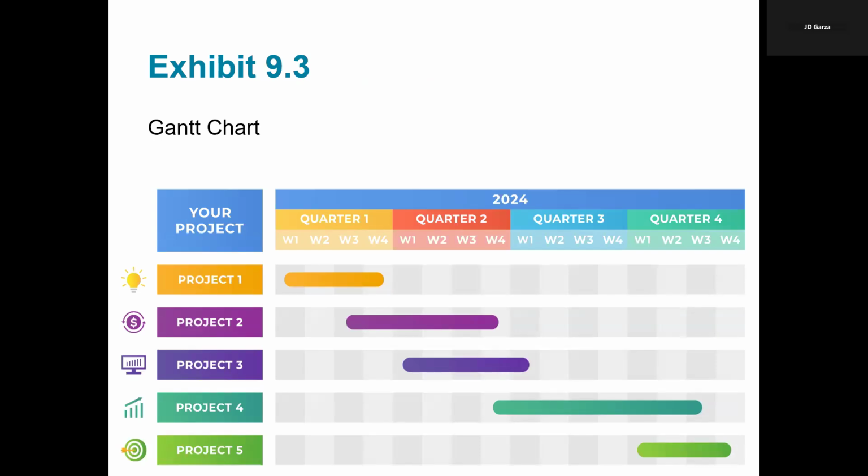So this here, the Gantt chart, okay? This Gantt chart boosts productivity and efficiency by providing a clear visual roadmap of tasks, timelines, and even dependencies. It also helps teams manage time effectively, synchronizing efforts and adjusting schedules to maintain steady workflows.